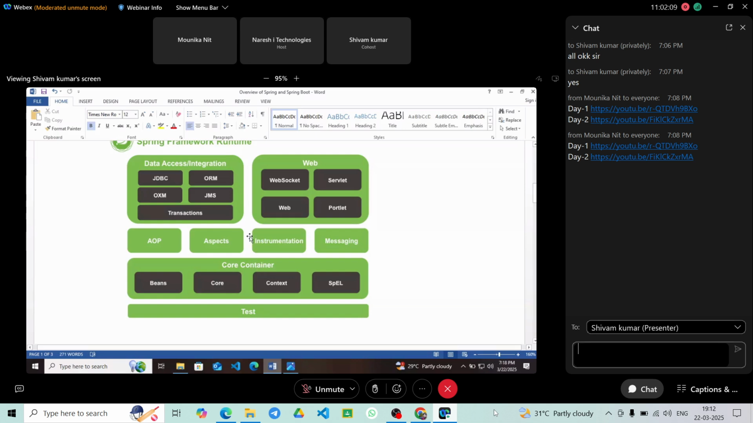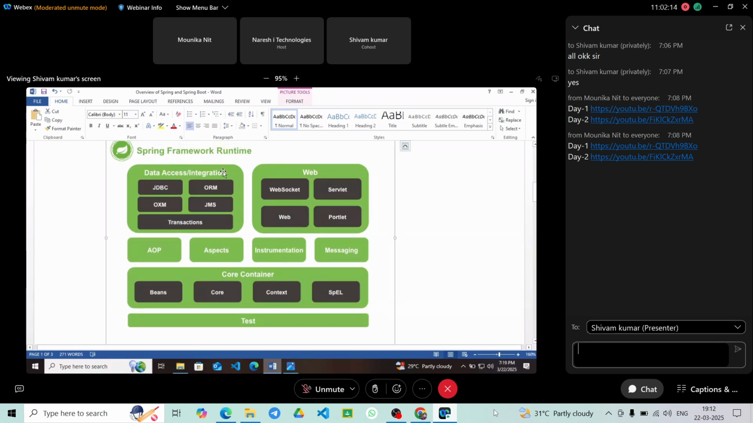After this, we will talk about data access and integration. In this, JDBC you already know, but I will give you a brief explanation of it. Then ORM, OXM, JMS, and transaction. Then the web layer, in which there is WebSocket, servlets, portlets, and web. Generally, there are four options, right? Out of all these four, you can choose any one, servlets, to work